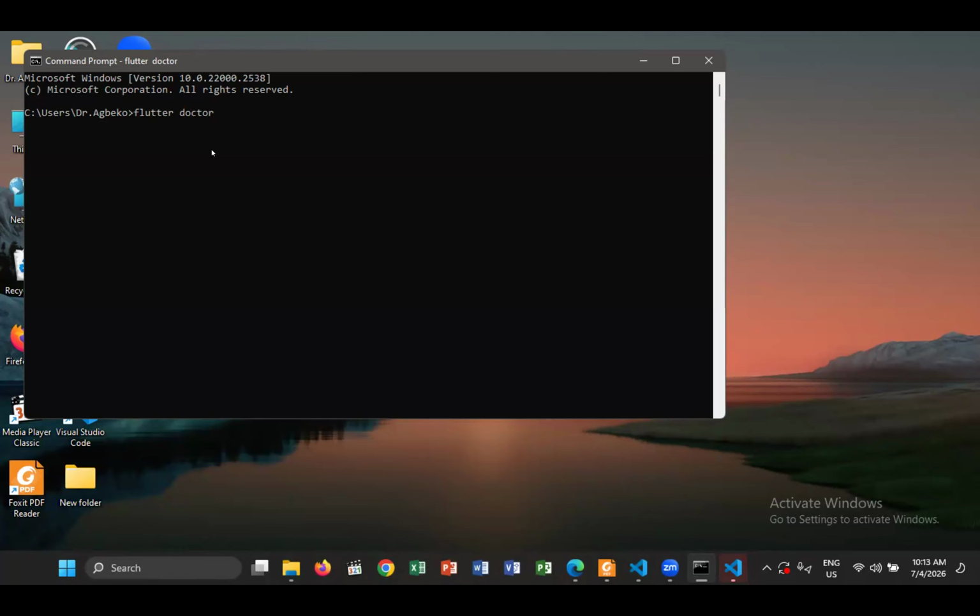Now the system is checking if indeed I've installed Flutter and everything is working. So let's wait and see the outcome. Once you install your VS Code and the Flutter installation, you are able to do this.